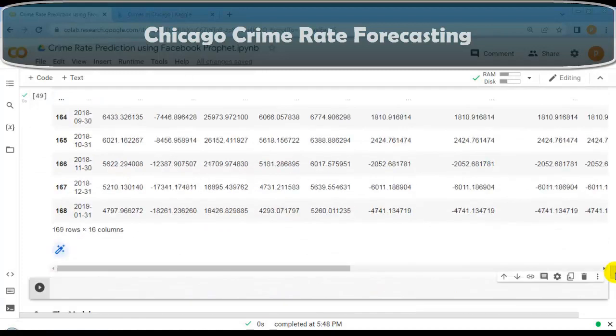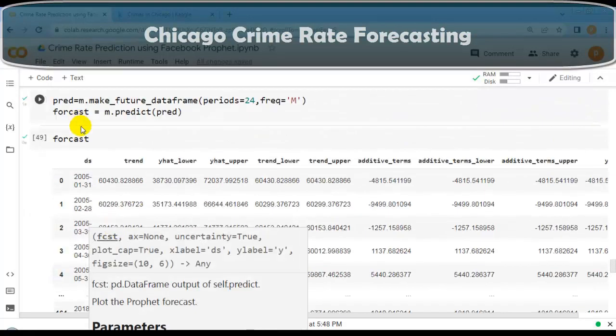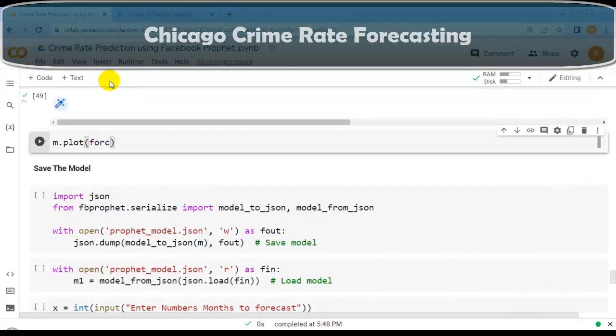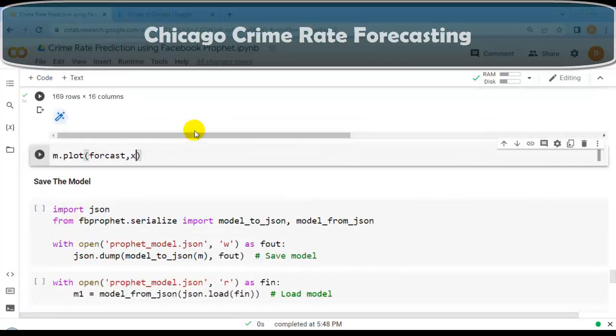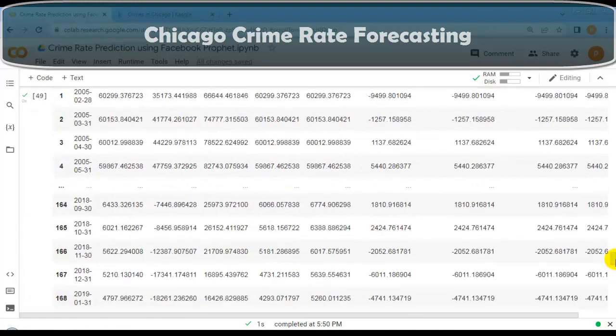So now let's visualize it, so we can understand what this Facebook Prophet is telling. So for that, let me write m.plot, where m is pointing to our model, and let me plot this forecast, this one, and let me set x label to date and y label to crime rate. Let me execute this cell. As you can see here, forecast for 2 years, means for 24 months.